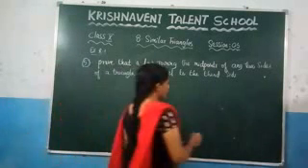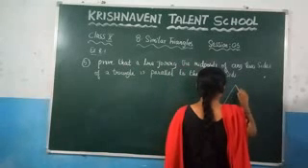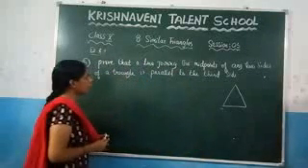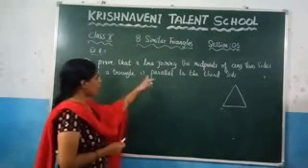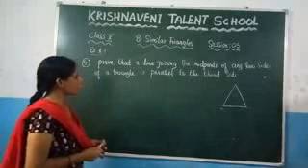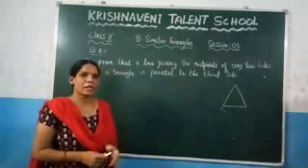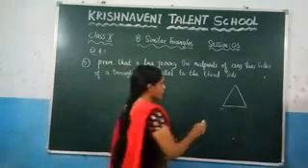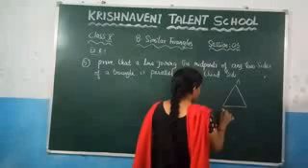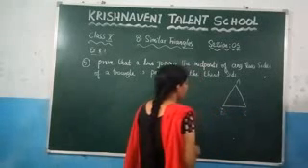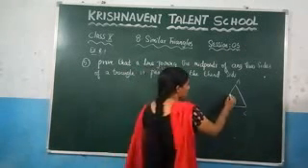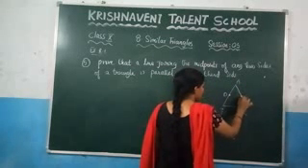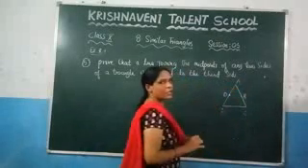So here, first again, draw one triangle and after that, we'll write what they have given here. So here, what they have given here, first you need to draw such that a line joining the midpoints of any two sides of the triangle. That means you need to take midpoints of two sides and you have to join one line. So here, let us mark it as A, B, C. Let D be the midpoint. Let us take here one midpoint. Let D be the midpoint of AB, and similarly, let us consider E is the midpoint of AC.